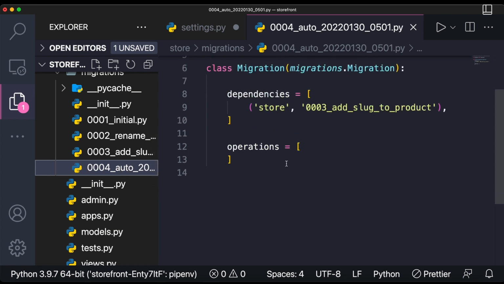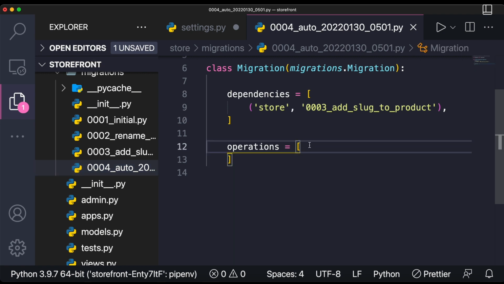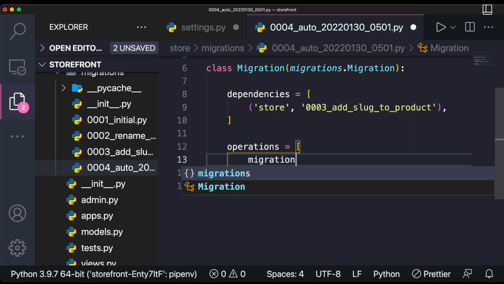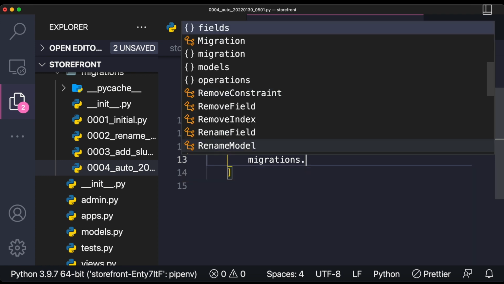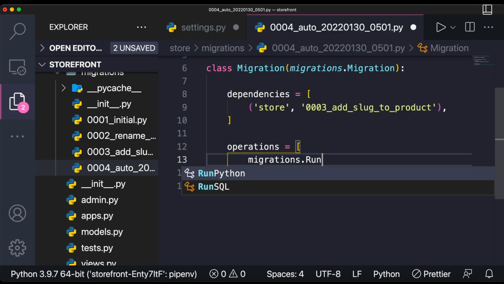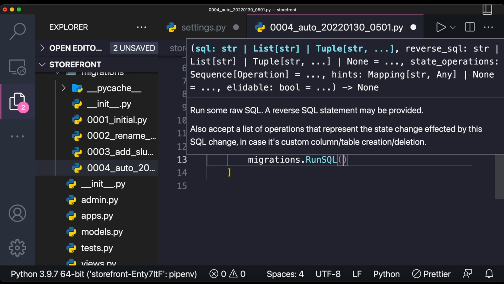So now under operations you can see it is empty, because हमने empty बनाया है एक migration, ठीक है। अब क्या करेंगे, inside this we will write a second thing that is arbitrary SQL code. तो उसके लिए हम क्या करेंगे, एक triple quote खोलो, ठीक है। सो आई राइट, सबसे पहले एक operations करेंगे हम इसमें, तो आई राइट migrations.RunSQL, ठीक है।